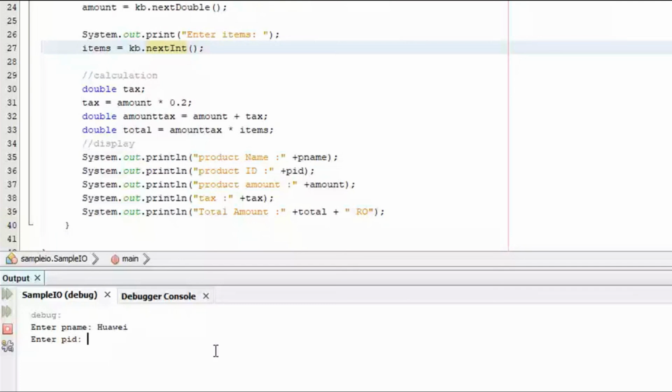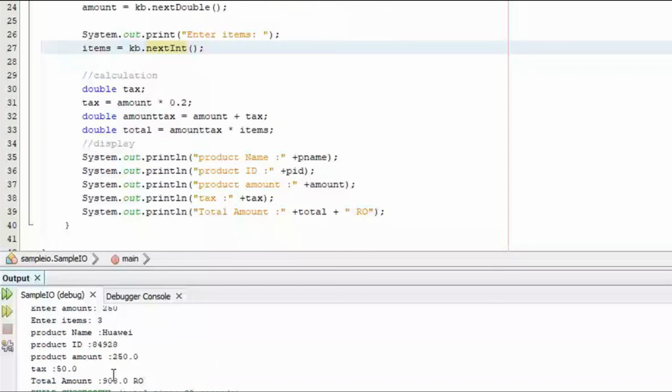And then I have the amount, let's say 250 reals. Enter. And then enter how many I will buy. I will buy 3. It should be 750, but because of the tax, it becomes 900 reals. So we have our input now in this program.